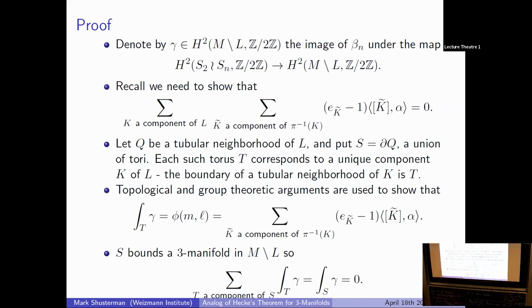Thank you. Other questions? Yeah, questions from there. Is it easy to say what the class in H2 of RP infinity to the n is that gives you your group HN? Yeah, that's a good question. I think it's written in the literature, but off the top of my head, I won't remember this right now. But I think this should be known. It shouldn't be obvious to me what it is. Yeah, I would need to think about this.